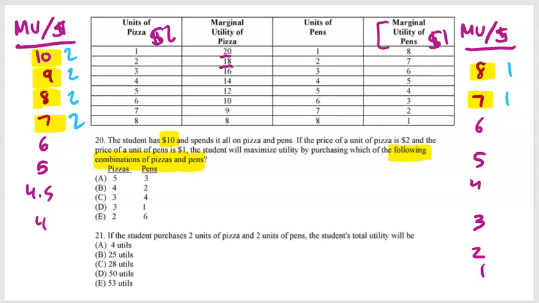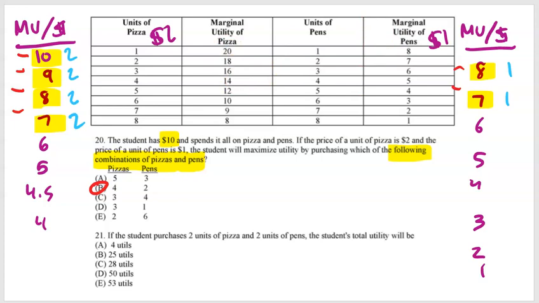So what is the ideal combination of pizzas and pens? Well, that is going to be 1, 2, 3, 4, 4 pizzas, and 1, 2, 2 pens. So the correct answer should be B. For this next one,